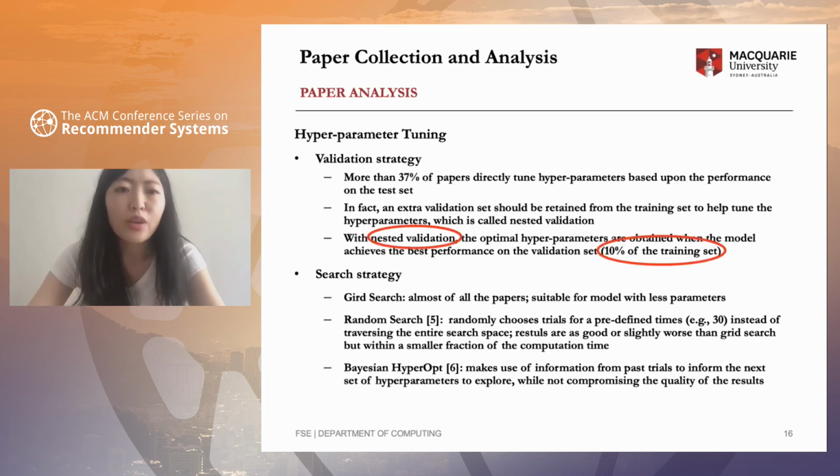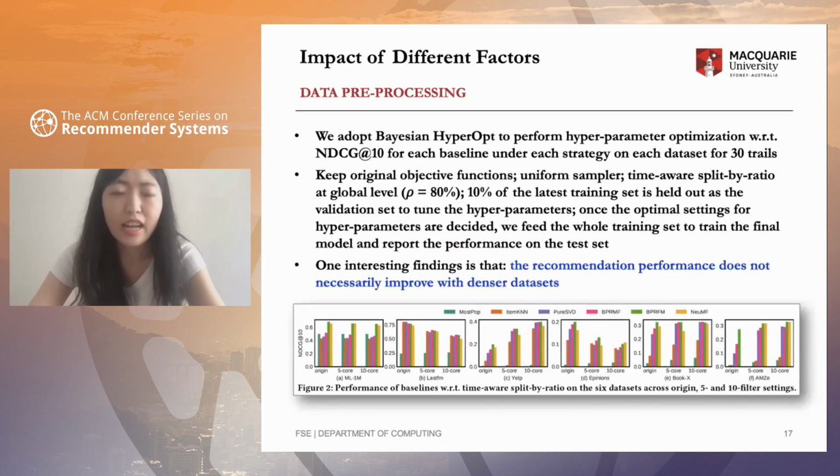Therefore, in our study, we consider the nested validation by reserving 10% of the training set as the validation set. And for the search strategy, we adopt the efficient Bayesian optimization method. And here are our experiment results. Due to the time limitation, I don't